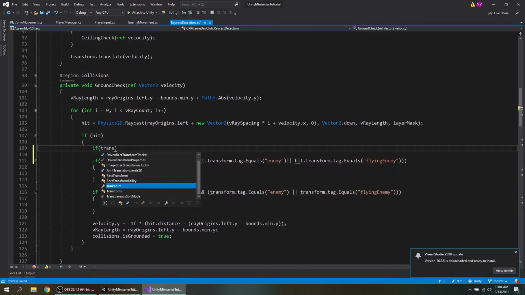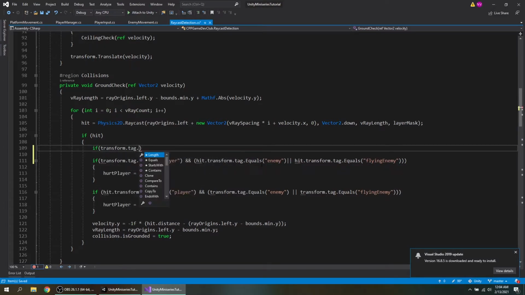So if the transform.tag equals player, if that's true, and the player hits, hit.transform.tag.equals h moving platform